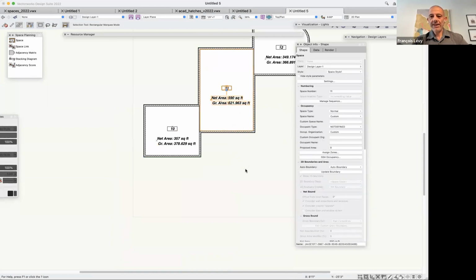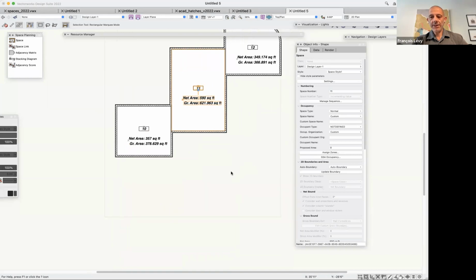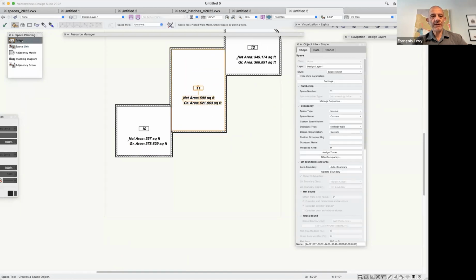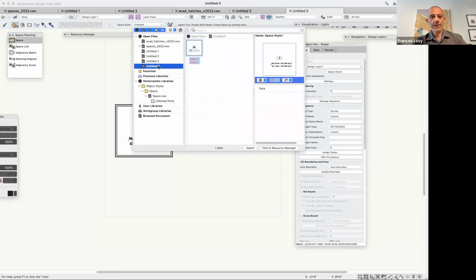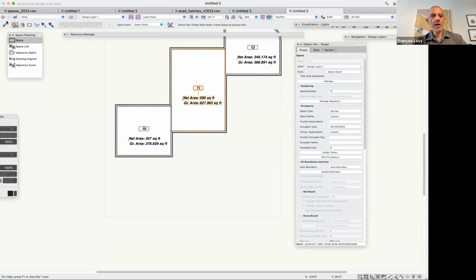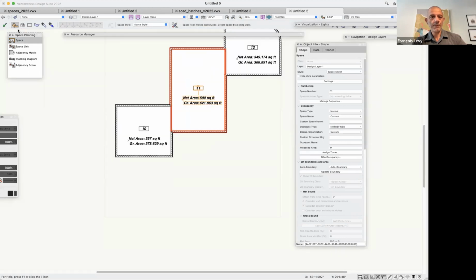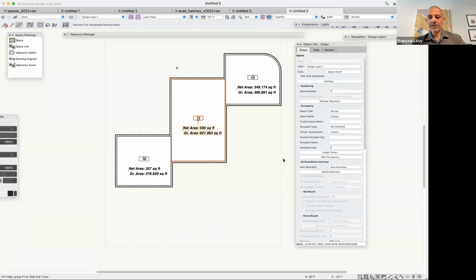Yeah, so normally I believe that when you create a space using the picked wall modes, it should automatically remember that, but I guess you need to pick the boundary here. And maybe that's because of how I've created the style. So next. Let's go ahead and edit that style and see if there isn't